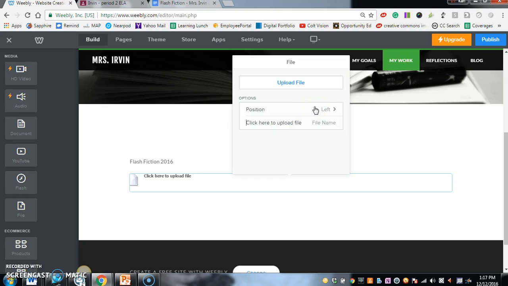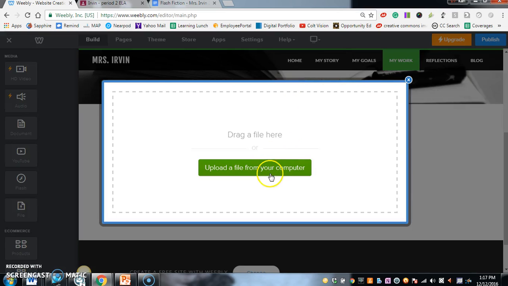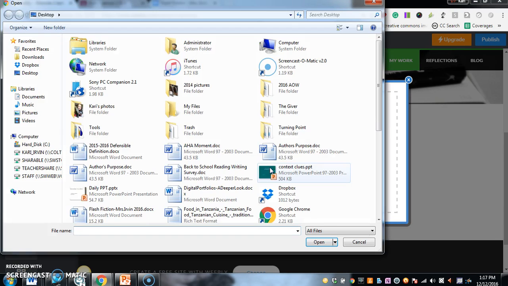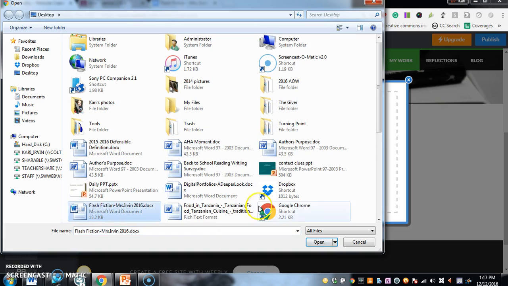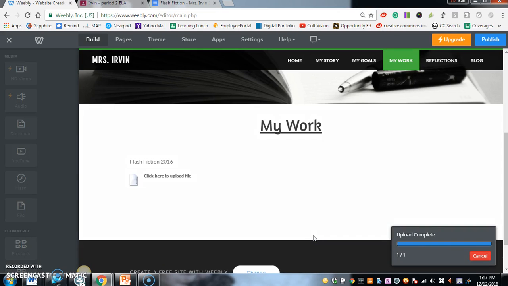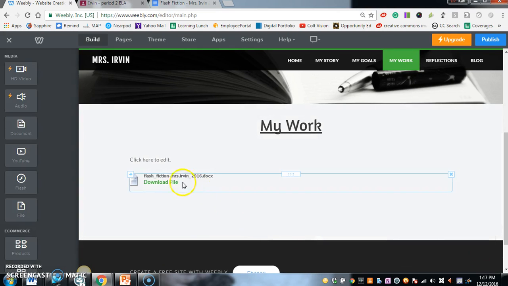Position, I can leave it to the left, and then I'm going to click Upload File from my computer because I already saved it to my desktop, and then it's just a matter of finding the file that I saved. So here's mine, Flash Fiction, Mrs. Irvin. I'm going to click on that so it shows up in this box down here at the bottom, and then I'm going to hit Open. And then there is my Flash Fiction piece